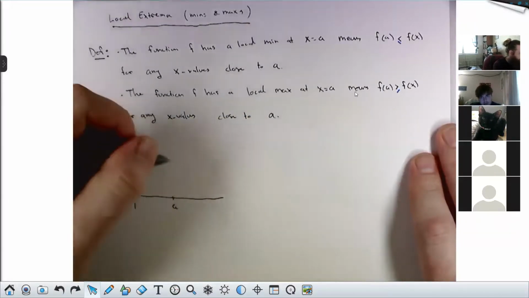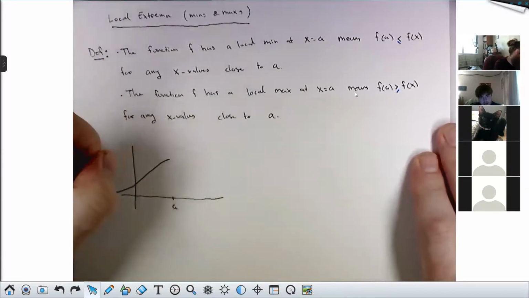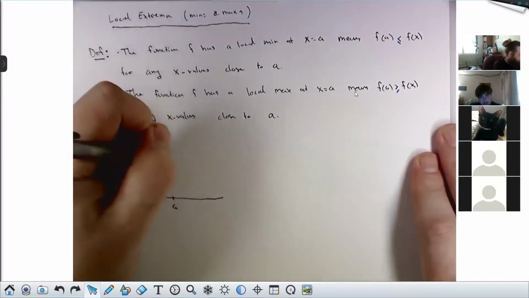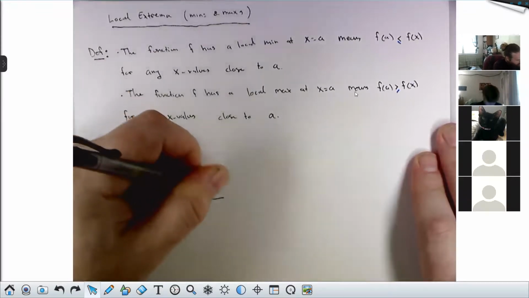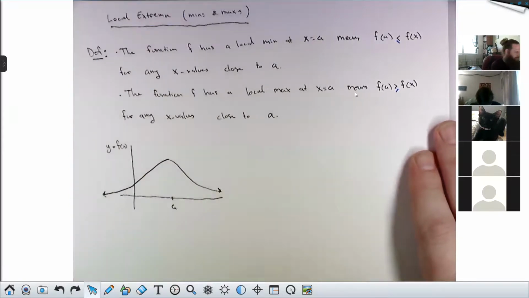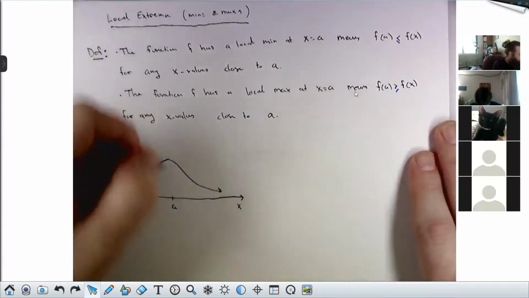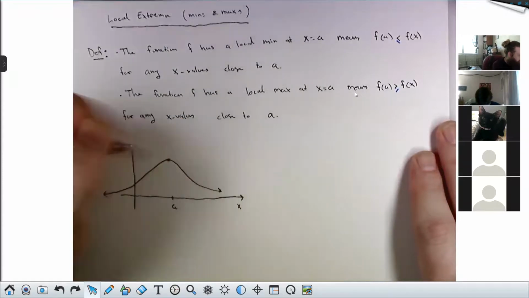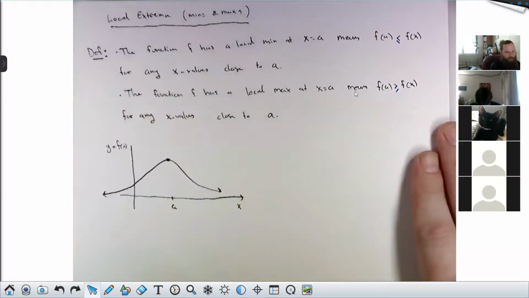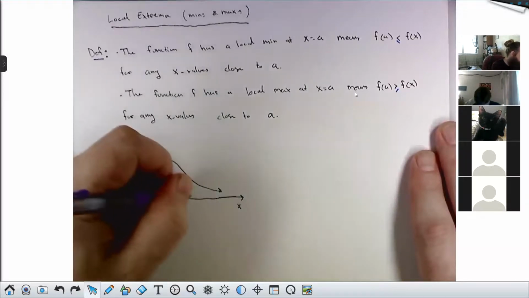Put a right here. And maybe your function looks like this. There's your x-axis. This point right here is a local max. Because if you look nearby, so take some open interval centered at A,